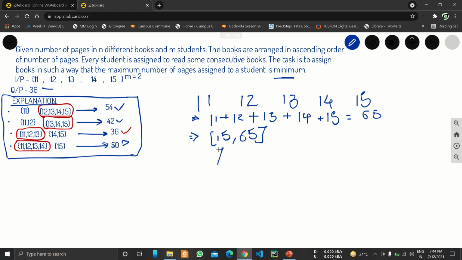This 15 will be our low, and 65 will be high. So we have to find mid again and again.